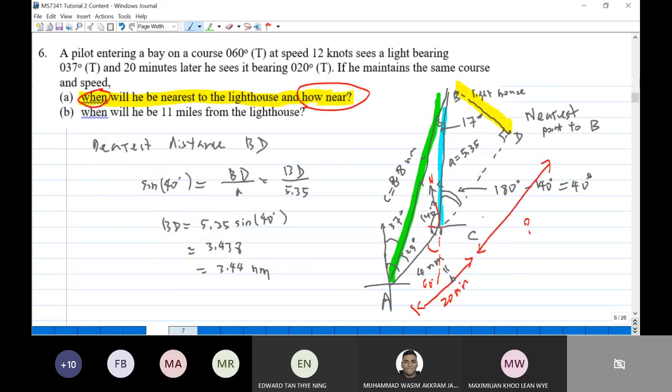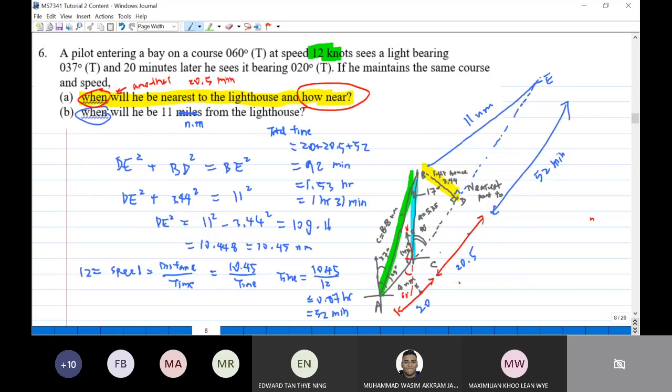So, why am I correct here? Because I found the total time. So if you take away the 20 minutes here, this is actually 1 hour 31 minus 20, you get 11 minutes from